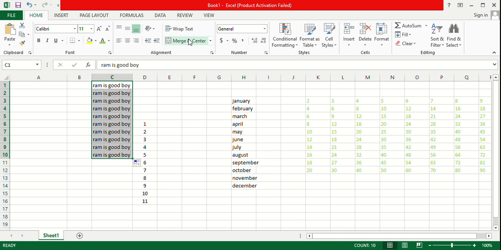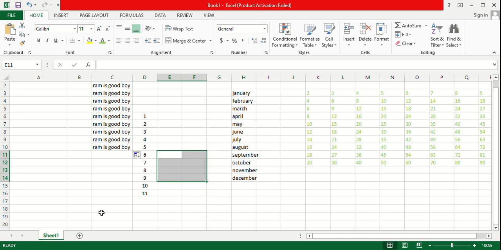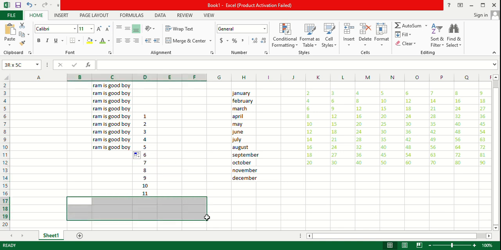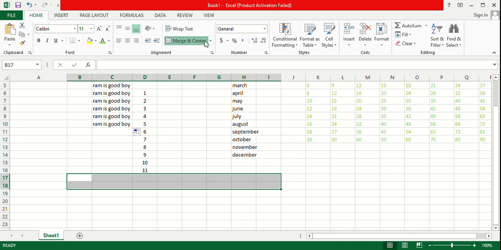This is a merge option. When we choose any kind of sentence, when we select this row and columns, and when we merge this row and column. Now firstly select this option. Now like see, all the rows and columns are merged together. Now in another option, when we write any sentence like